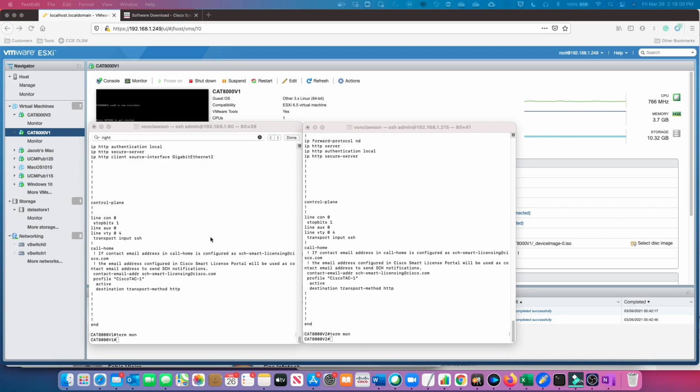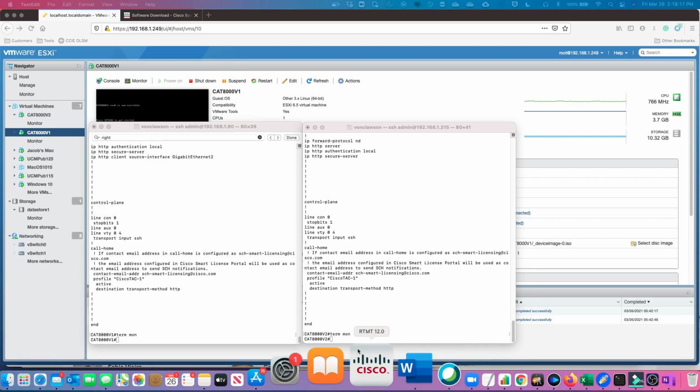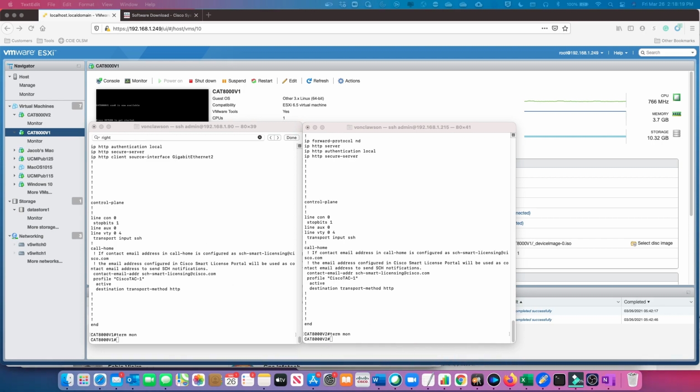Okay, so obviously using the 8000V as a CUBE router, Cisco Unified Border Element, with SIP trunks going to Call Manager and the carrier. So that's what we're going to be looking at. To do that, we need to start with a few configurations. This is a basic install, just like in the video that I did,